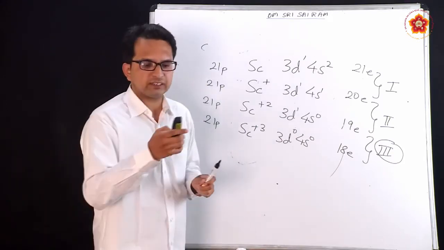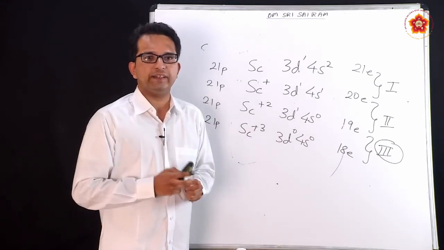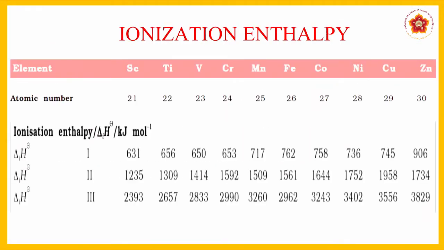Now let us see certain values for the ionization enthalpy. You can see those values. Number 1 is written as 631, whereas number 2 is written as 1235. What does this mean? The first ionization enthalpy is just 631 kilojoule per mole. The second one is almost double, 1235. The third one has increased by a similar quantity of around 900 kilojoules. That increase is because of this change that we are seeing.